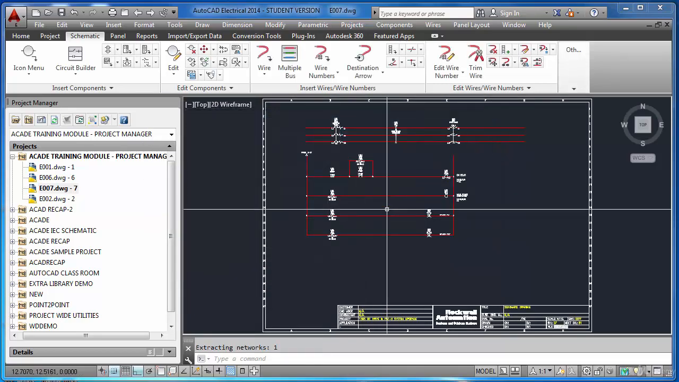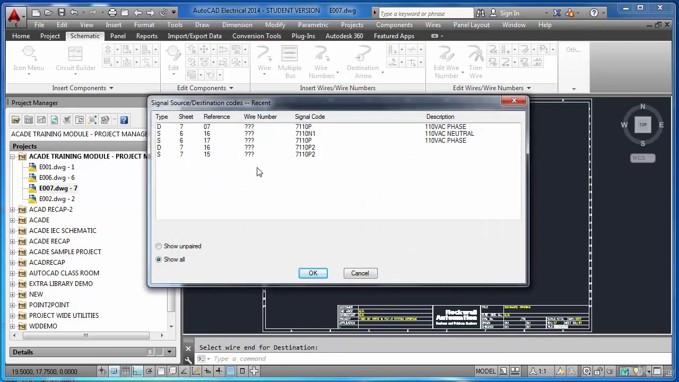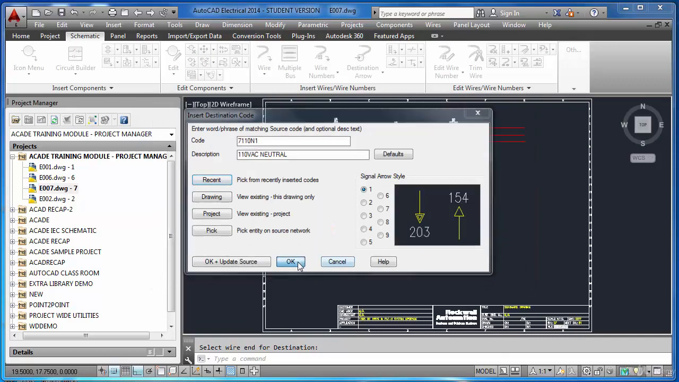Okay, okay, now again here recent, sheet number 6 I have used N1. Okay,